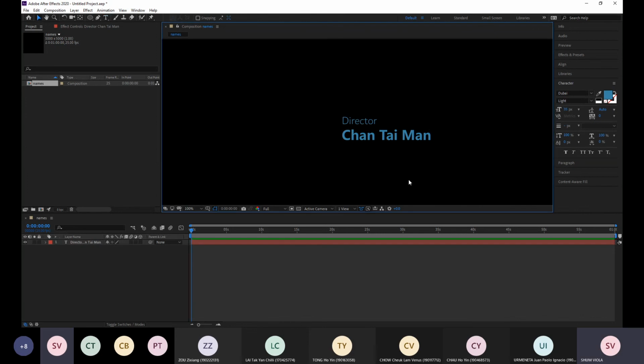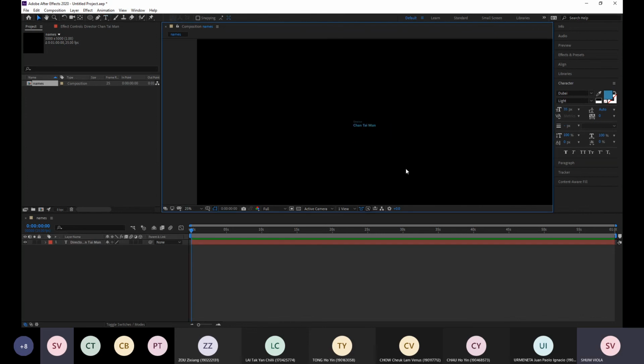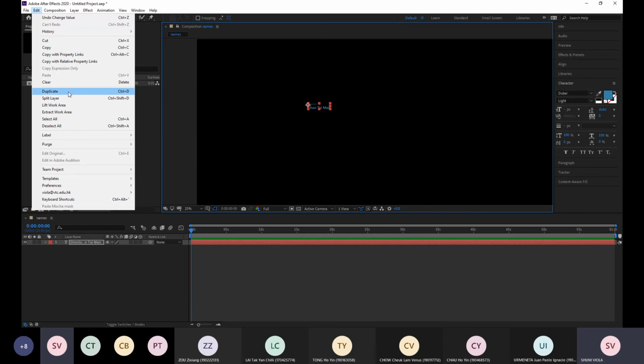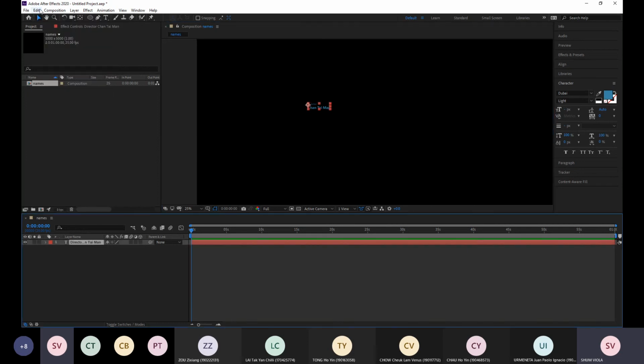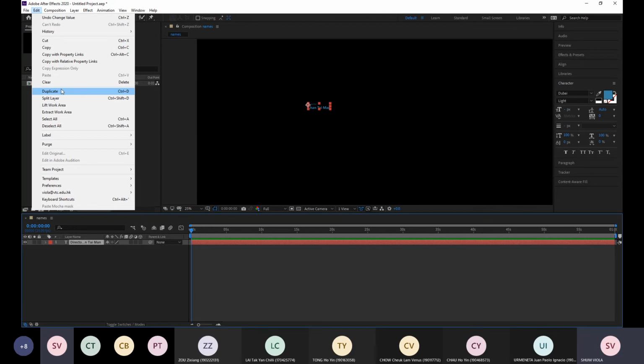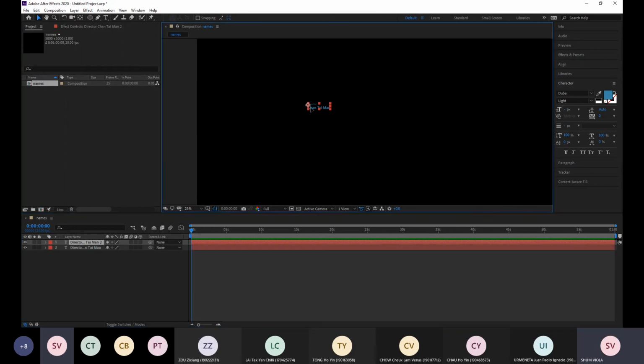For example, once I've typed one here, I can press Control D to duplicate, and then you can select this text and edit it, duplicate, and duplicate the second one and move to somewhere else. Let's say I move it here. The second name is the writer, and then I copy here.